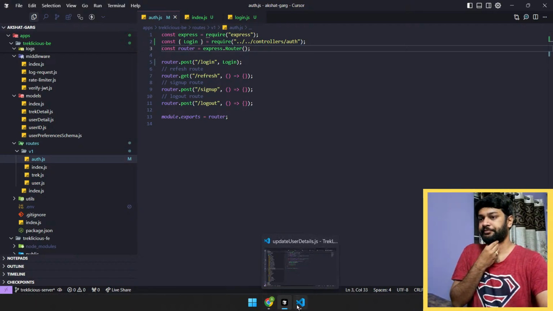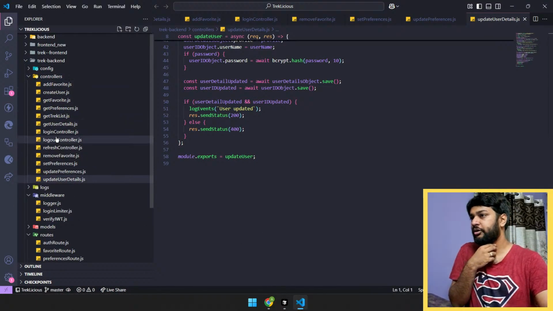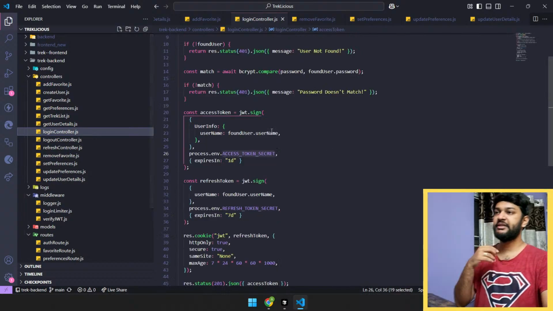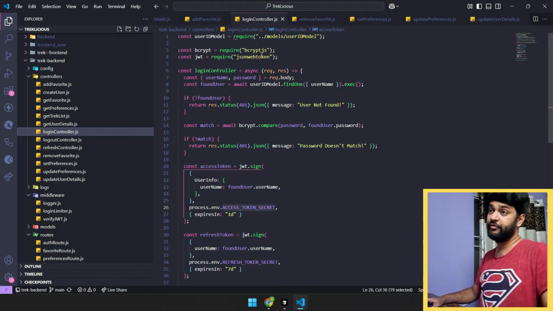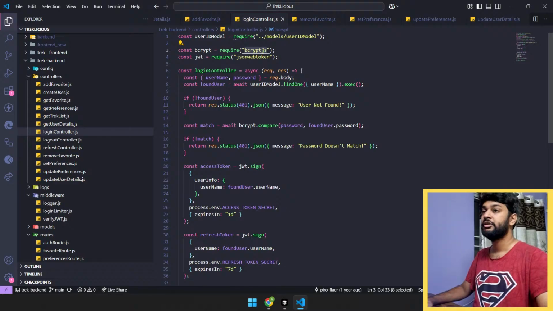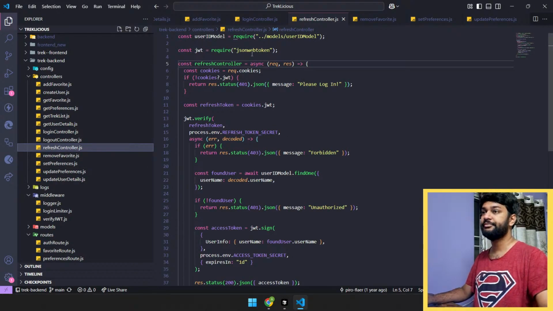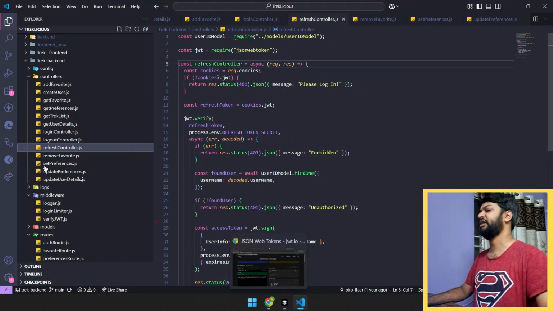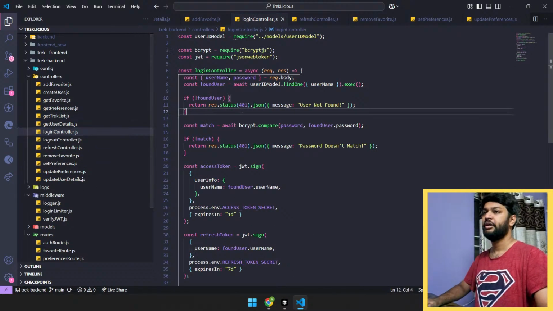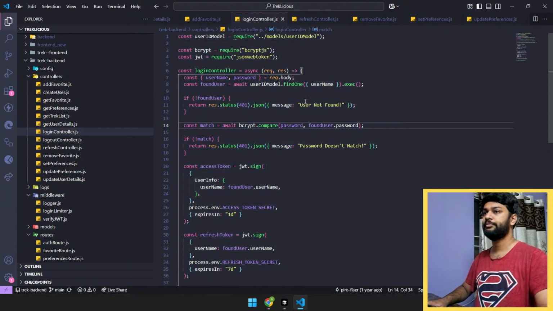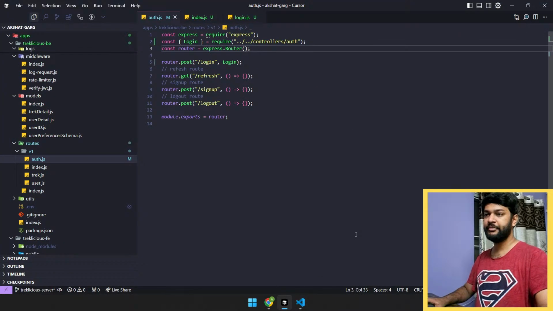Now let's go to the login controller here and let's see what we have done. Okay, we would need bcrypt.js as well. Uh, yes, I didn't pick the most ideal solution. Refresh controller has to be the one. But ठीक है, चलो let's build login controller. ये भी समझा देंगे आपको, ठीक है? तो bcrypt.js को पहले हम इंस्टॉल कर लेते हैं।